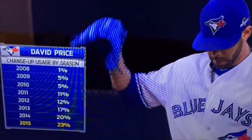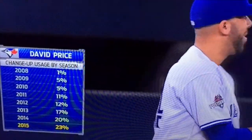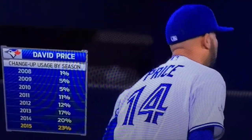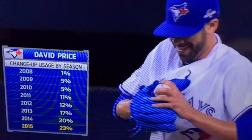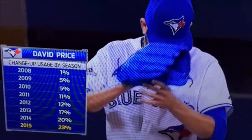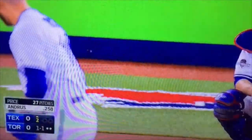Well, I mean, it's a pitch you can throw at any count. Look at the growth in the changeup usage over the years for David Price. I mean, it's remarkable. 2011, he doubled up on it, but in each year becoming more and more of a weapon, and especially in two-strike counts. He said he'll throw any count, but that's become a